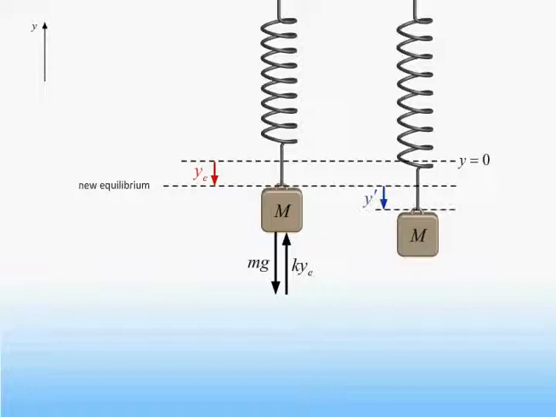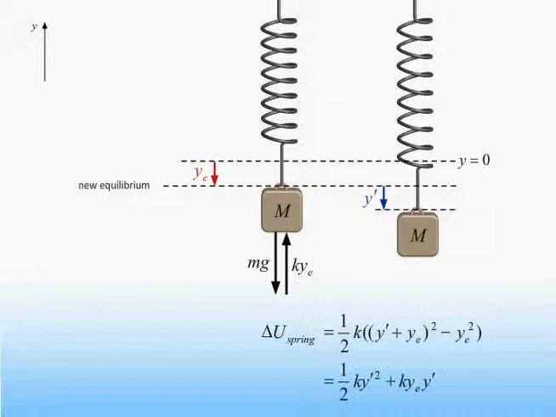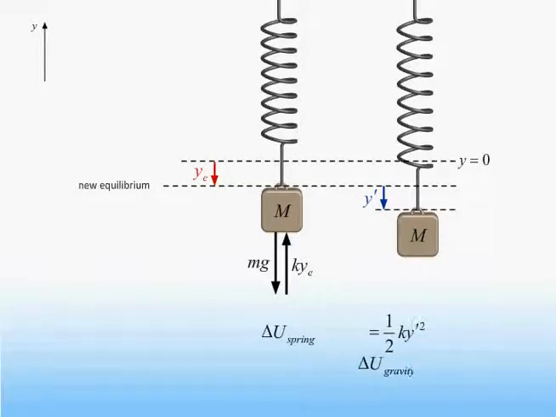Call the displacement from the new equilibrium position y prime. We can now write down the expression for the change in potential energy as we move a distance y prime from the equilibrium position and simplify it to obtain two terms. The first term is just plus 1/2 k y prime squared, which is what we want. The second term is actually equal to minus the change in potential energy due to gravity, since the magnitude of the force exerted by the spring, k times y sub b, is just equal to the weight of the box, mg. Therefore, if we move this second term to the left-hand side of the equation, we obtain the expression shown,